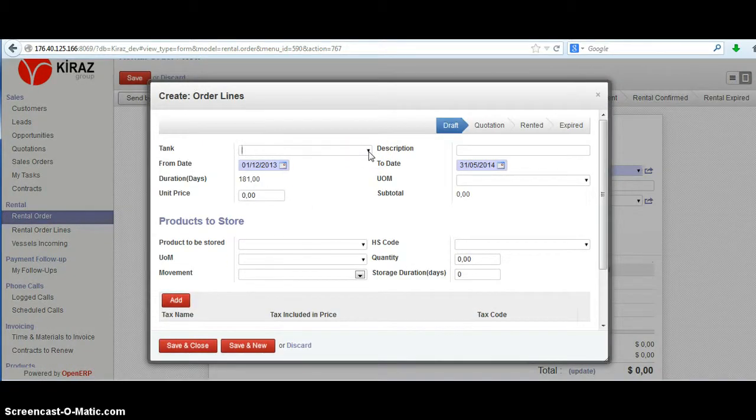Okay, now we are giving an offer for a tank. It's Tank 4. Its description, and the from date and to date come from the earlier date settings, and the duration is also automatically taken. We can also change the dates here so that the duration will also change, and the unit of measure, and let us put the price as $6. And then